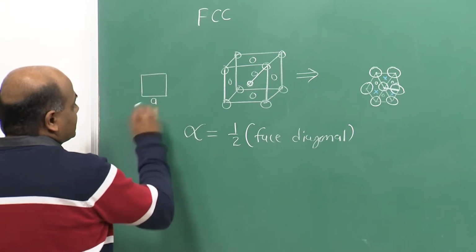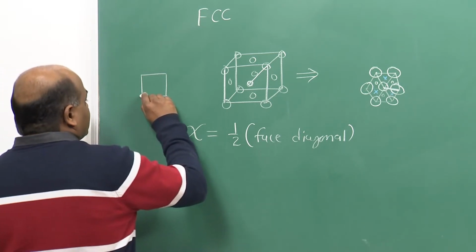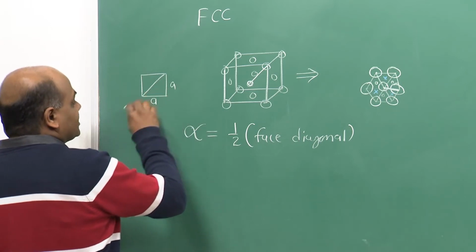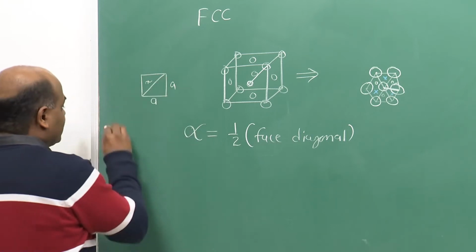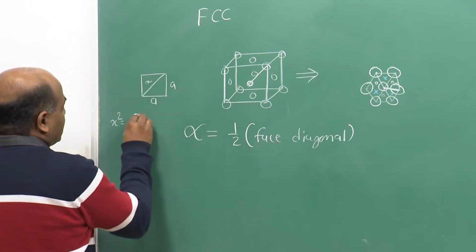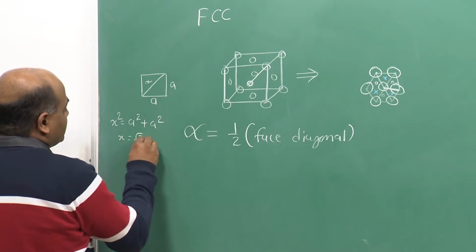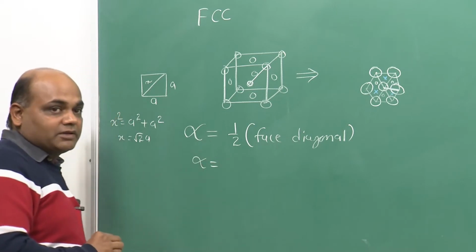If we denote each edge as a, the lattice parameter, and the face diagonal length as x, then we know x square is equal to a square plus a square, and so x is equal to root 2 a, and the jump length in FCC by vacancy